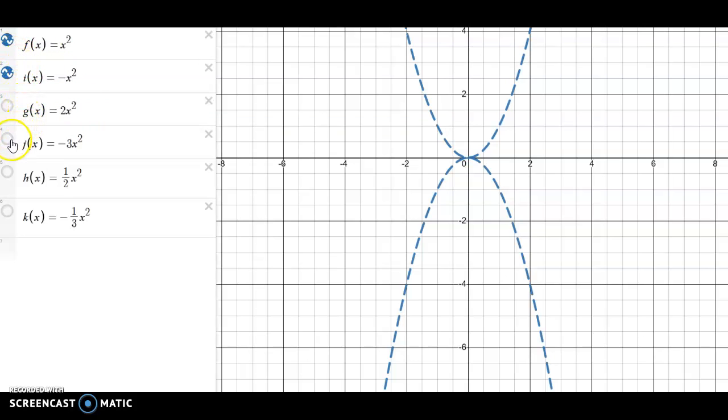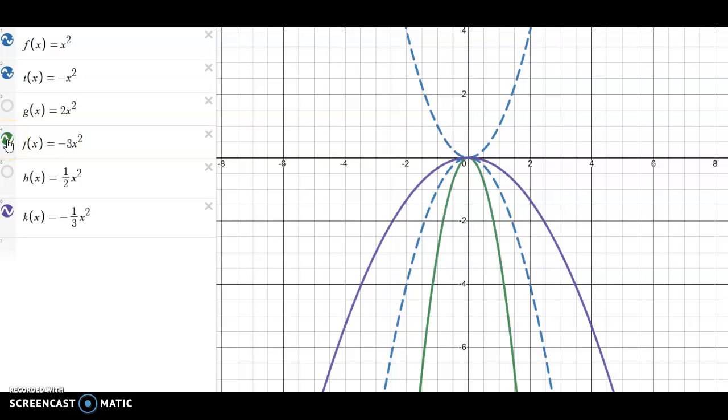Then I did put in, I think in the book we did a -1/3. So here is the negative 1/3, and that would be a shrunk one, so it's wider, and then here is a stretched one. Okay, so those are the examples that I wanted to show you here. I will do one more video